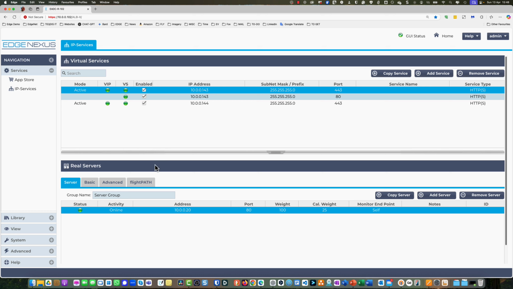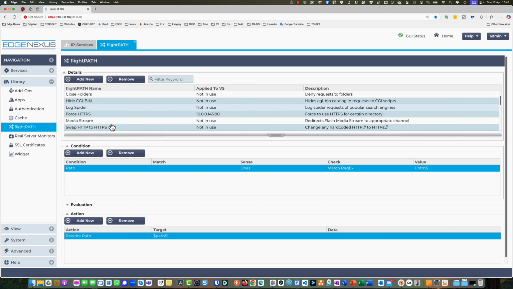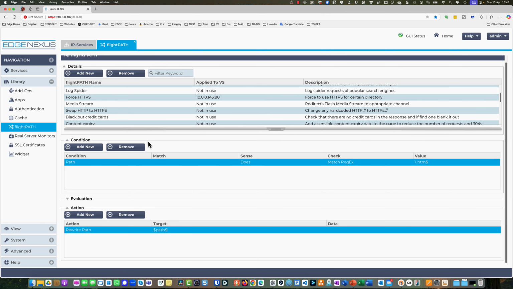So flightPATH is actually located within the library menu. So in the library section here, you will see flightPATH. And once we click upon it, you will see details of how it's constructed. We give a number of flightPATH rules to you pre-built, but you can actually create your own. It's very easy to do, and you just need a little bit of logical sense to write your own flightPATH